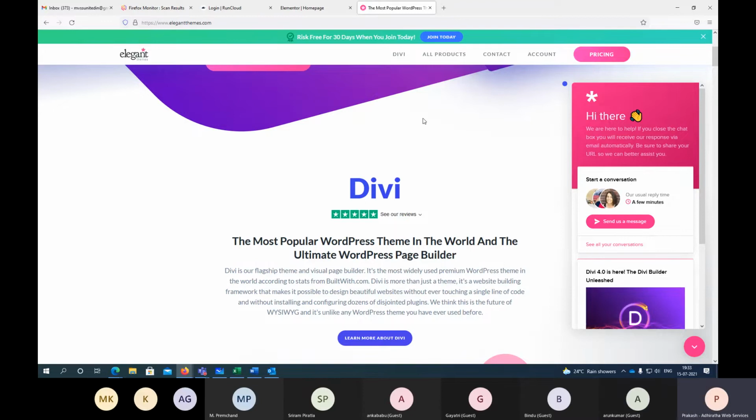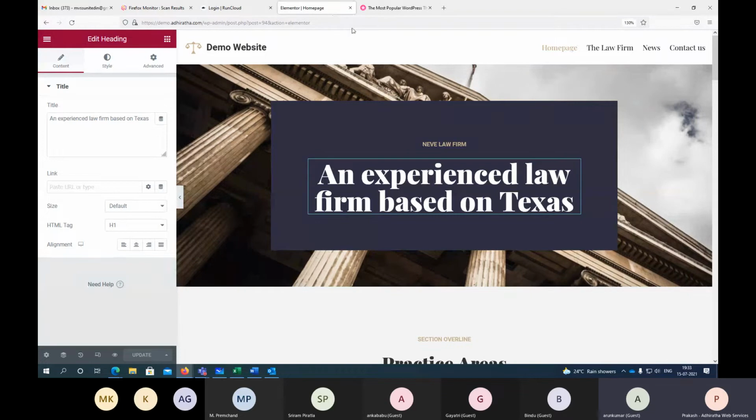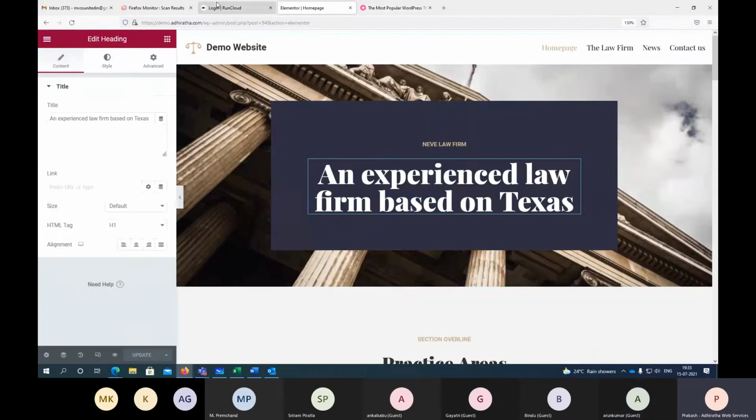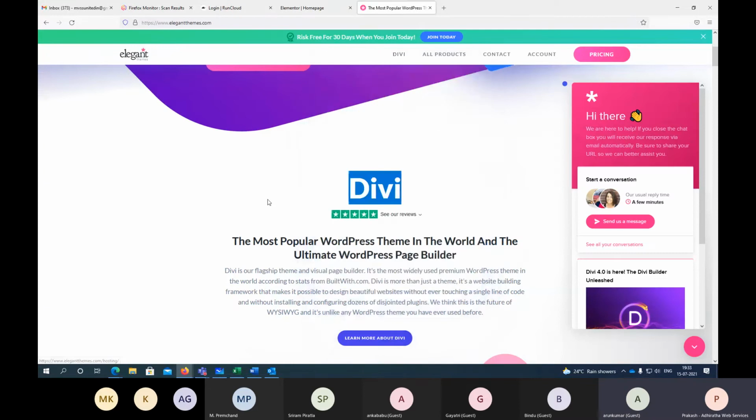Okay. This is one of the major differences between the other themes and this one. We use a theme called Divi, and they provide superb support. Are Divi and Nivi the same or different? No, Divi is different, Nivi is different. Sounding similar, but Divi is from the company called Elegant Themes.